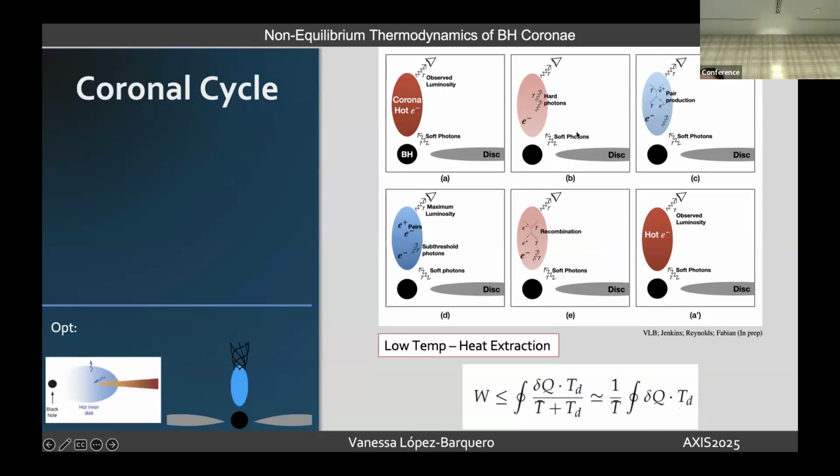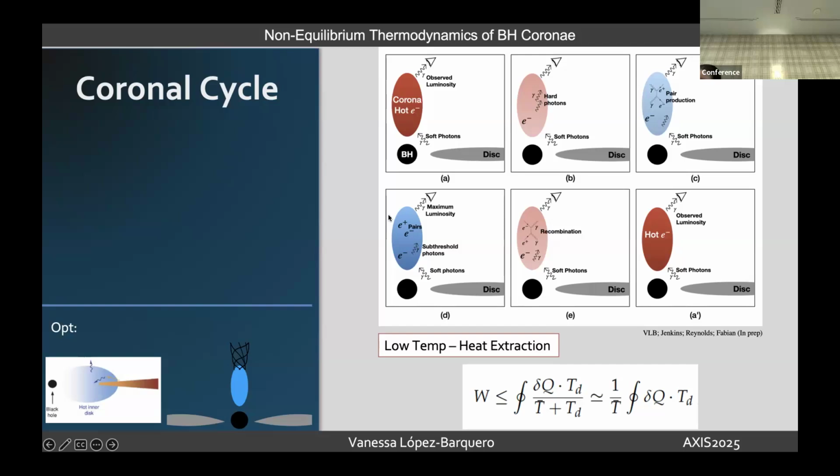So the first stage in the cycle is that these soft photons are going to be undergoing inverse Compton here. So we're going to have a production of hard photons. And then the overall temperature is going to be lower, right? Because the electrons have to share their energy with the hard photons. Then the next stage, there are going to be some hard photons that are going to have enough energy to pair produce. So now we have a population of electrons here. We have a population of pairs, so the charge density has increased, and the overall temperature of the system is going to be lower, right? Because now we have a lot more species that are sharing the energy, and the peak of the